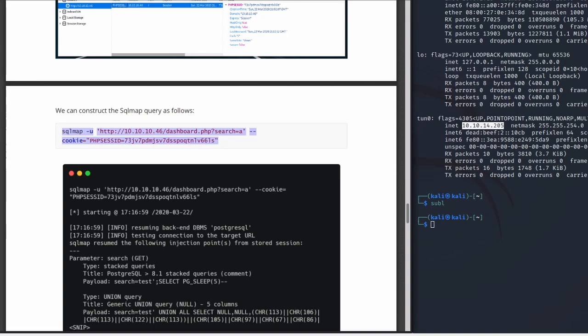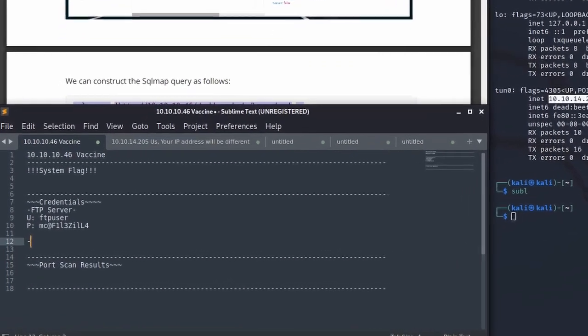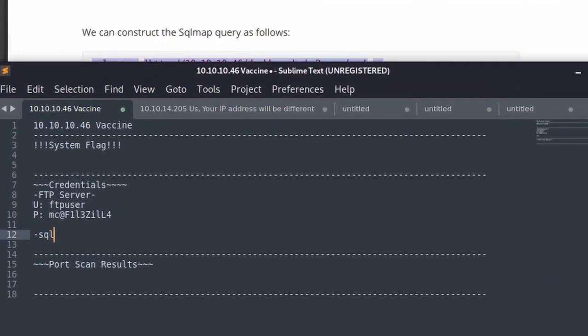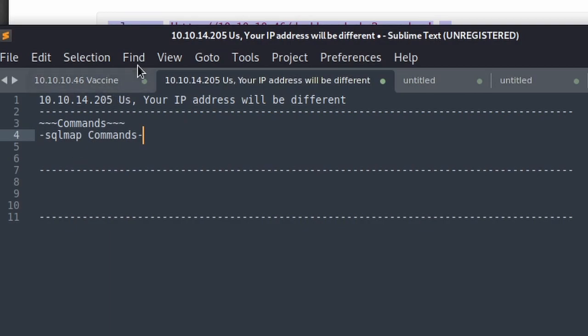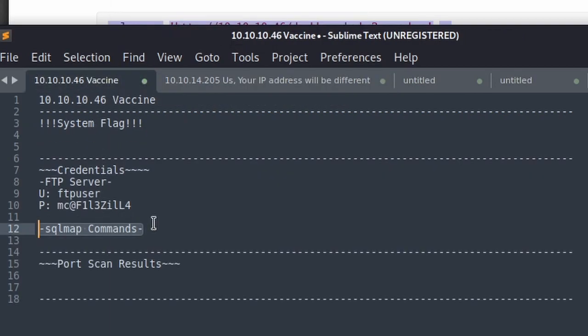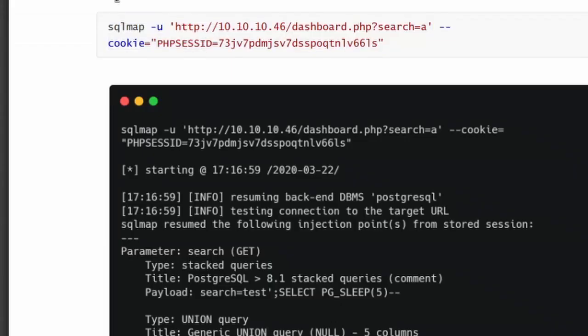This will be useful later on, this SQL map command. So I've copied it by highlighting it and then pressing Control-C, and I'm going to put it into my other tab. So I'm going to delete this in a second, because I realised this isn't really a credential. This is just like a command we could use. Excuse me. So yeah, on this tab where I store my useful commands that we need to type in,